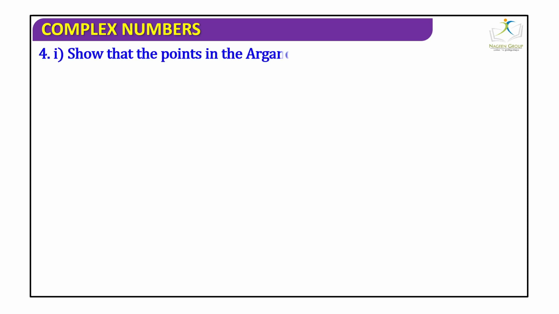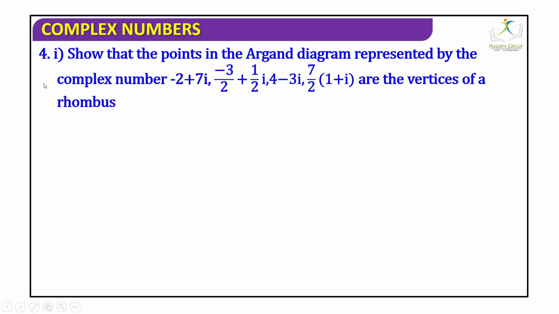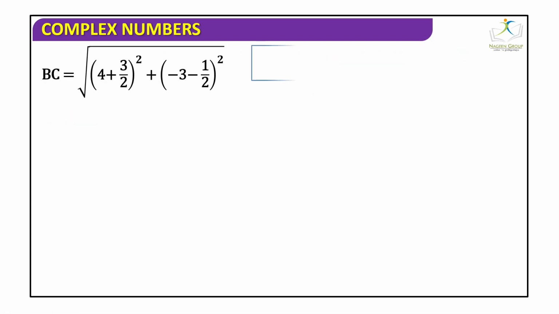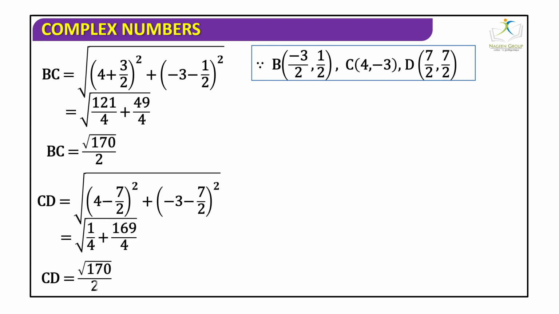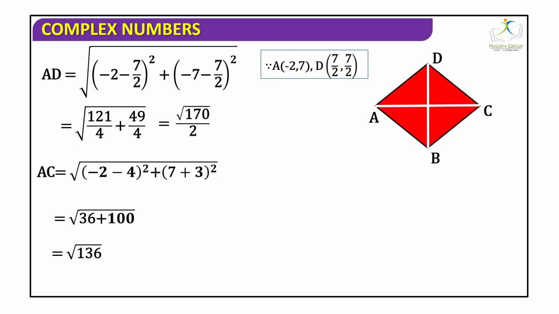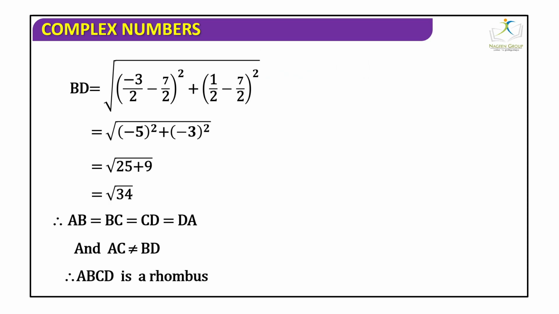Now next question, show that the points in the Argand plane diagram are the vertices of a rhombus. You have to show that these will be the vertices of a rhombus. So how to solve? First take out the points A, B, C, D, right? And then we find out the distance formula. We will find the distance AB, BC, CA, right? And CD, all the distances. So here from this, what do we find? From here we find out the diagonals also. So what we found is that all the distances are equal and the diagonals are not equal,